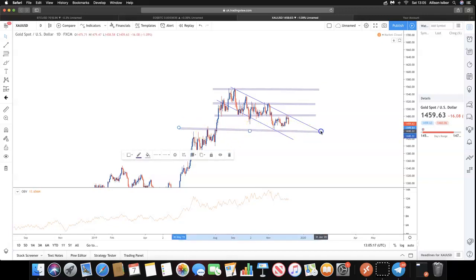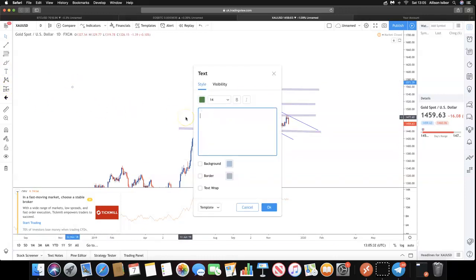Imagine if you knew in August that this area, which was resistance, would now become support in an uptrend. That is what we are looking for. We are looking for areas of the chart. Let's make that real bold so you can see what I'm talking about. Just be patient. Areas on the chart